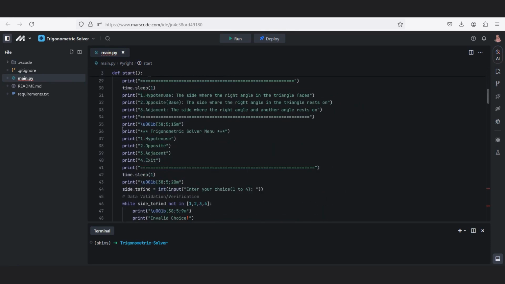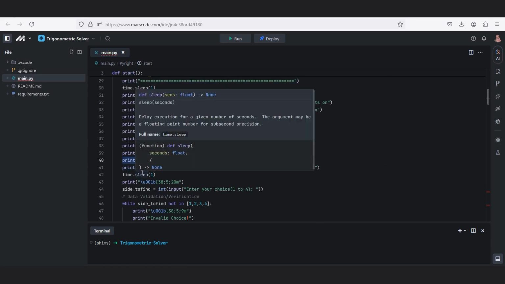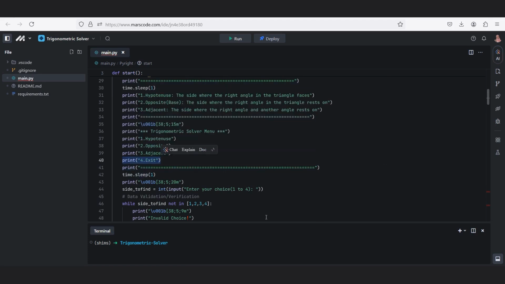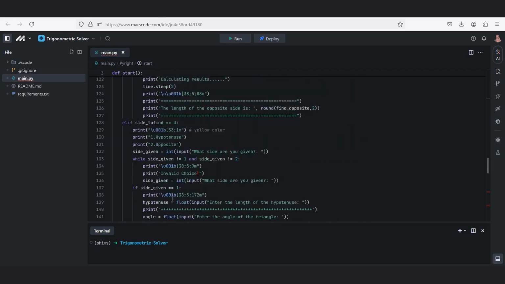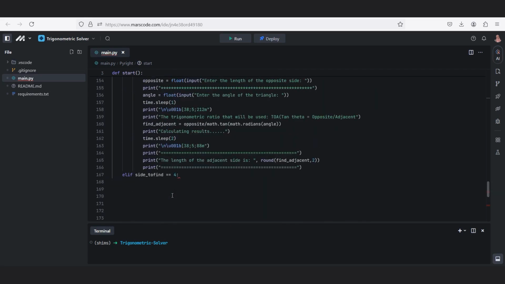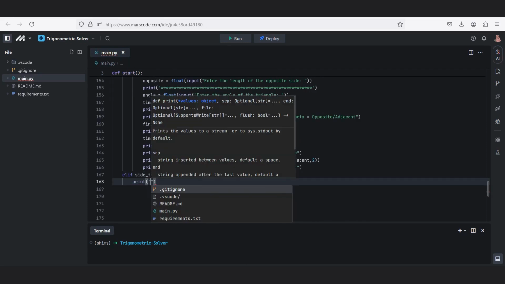So what I would like to do is even when they hit exit, I would still like to ask them, are you sure you want to exit or restart? Yes to exit or no to restart. Just to be sure if they want to use this program again and still stay in the run of the program. So I'm going to print a nice message over here